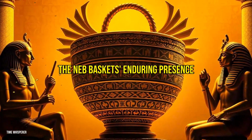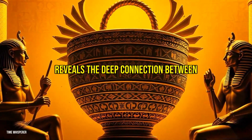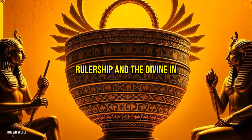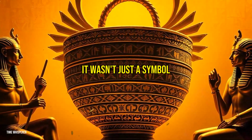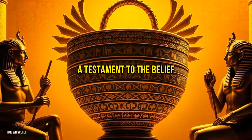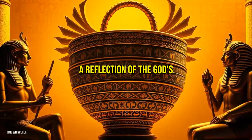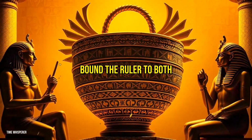The neb basket's enduring presence in Egyptian art and writing reveals the deep connection between rulership and the divine in ancient Egyptian culture. It wasn't just a symbol of earthly authority, it was a testament to the belief that the pharaoh's power was a reflection of the god's will, a sacred trust that bound the ruler to both the people